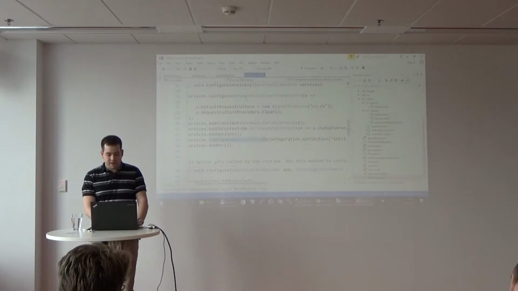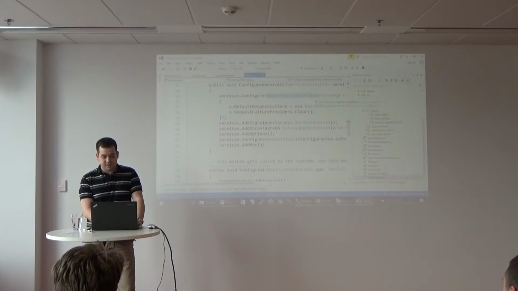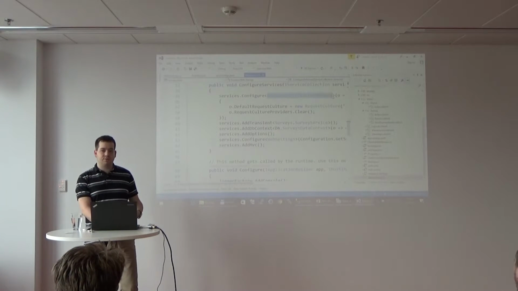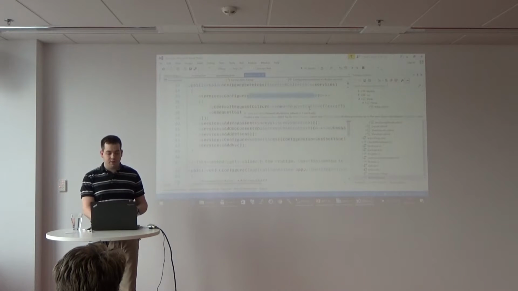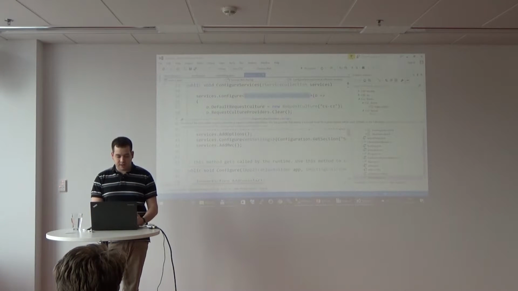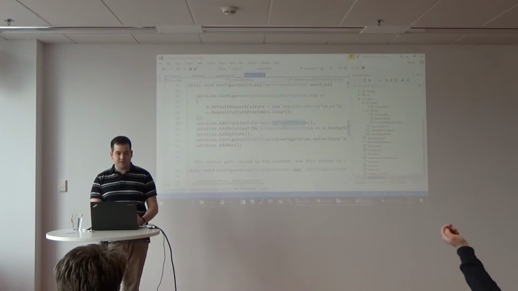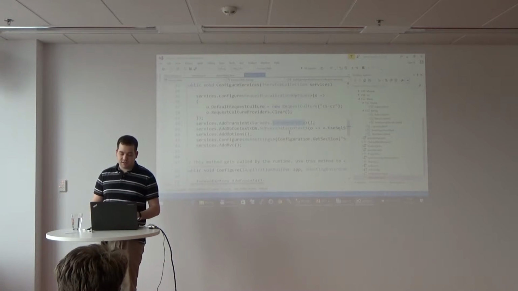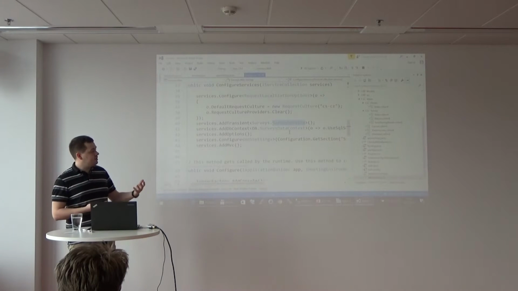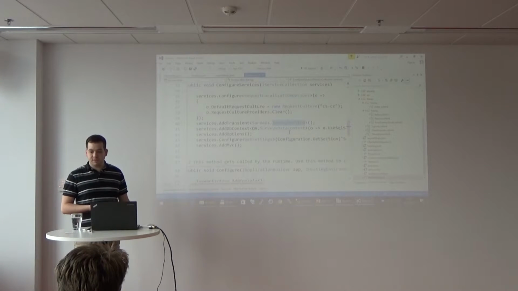For example, I'm registering service that's used by ASP.NET Core to resolve the language for the request, and also some other things, like, for example, survey service. Survey service is facade to access data in database.